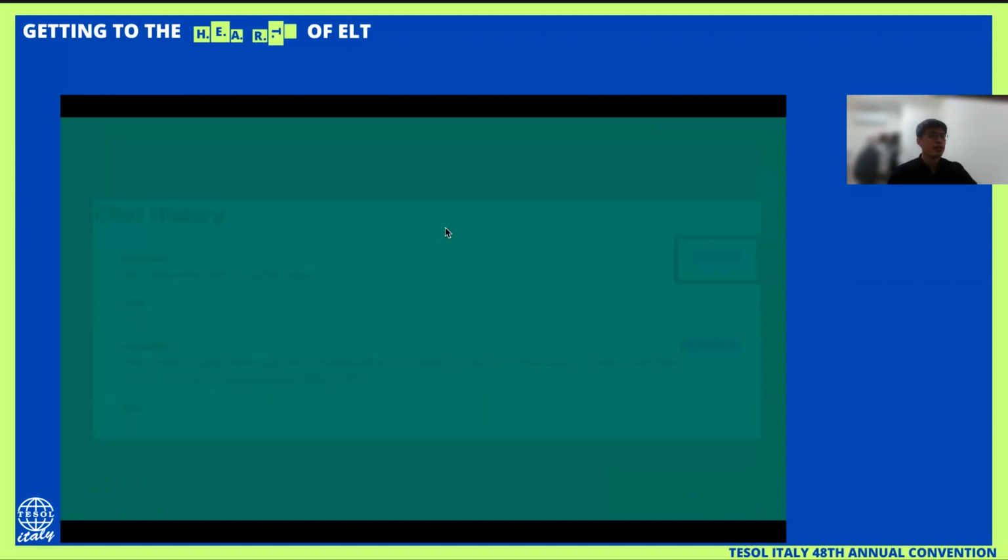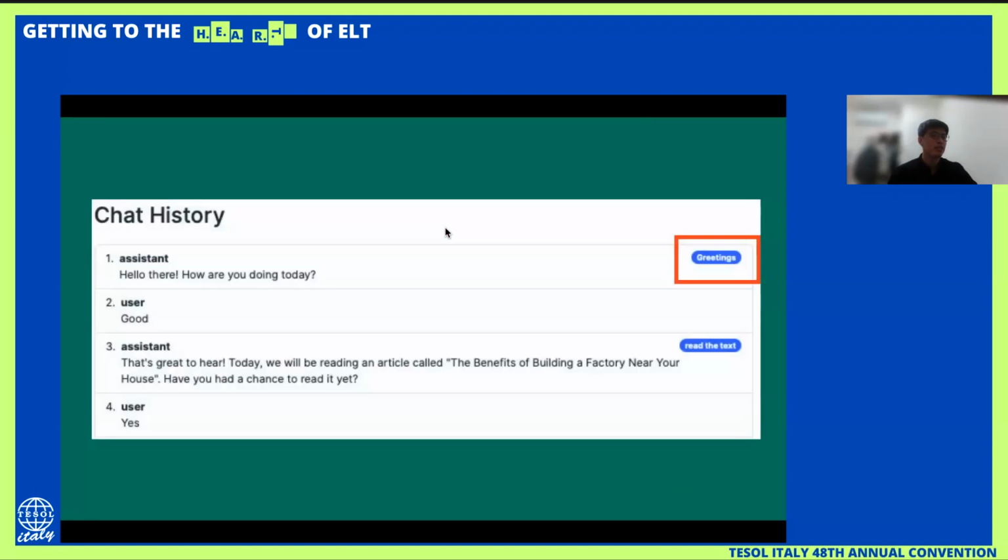And here, let's take a look at the chat history from the student's performance. Let's say, for example, I want the chatbot to start a conversation with the students. As you can see here in the first part, the assistant says, "Hello there, how are you today?" as the greeting.